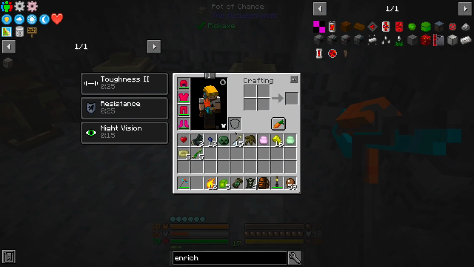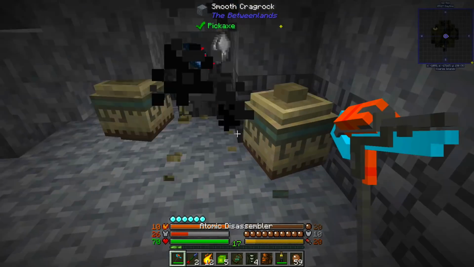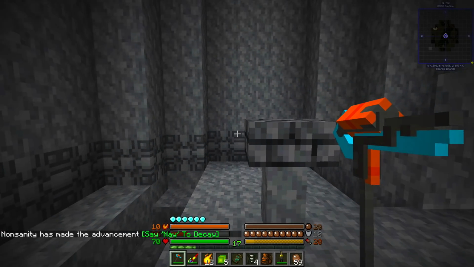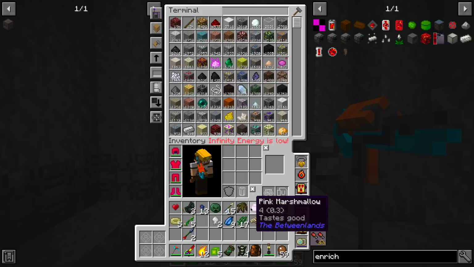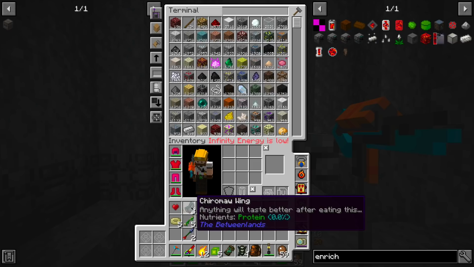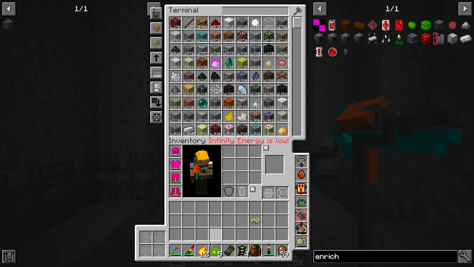Oh, did he steal my laser? Really? He stole my laser? Oh, no, I got it back. Good. That would have upset me. We got marshmallows. Got some sulfur. Tangled root. Oh, an entry about the tower. I guess we can look at that. Angry pebble. Wight's heart. Syrmorite nuggets. That'll be useful. Another red heart. Slimy bone. Another donut. Basilisk arrow. And lurker skin. Let's read the...